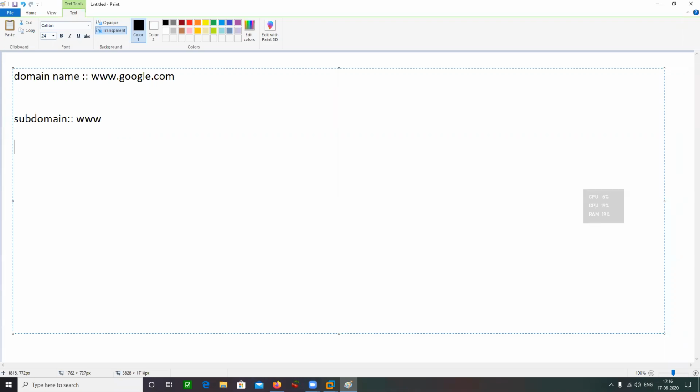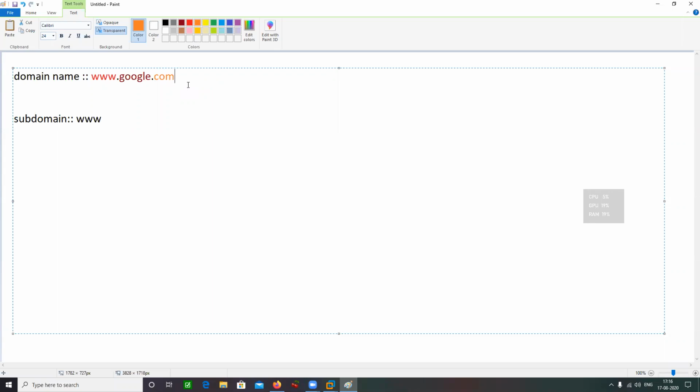Yeah, so www is the subdomain. Google is the domain name. www is the subdomain name, and .com is your TLD, that is top level domain name.